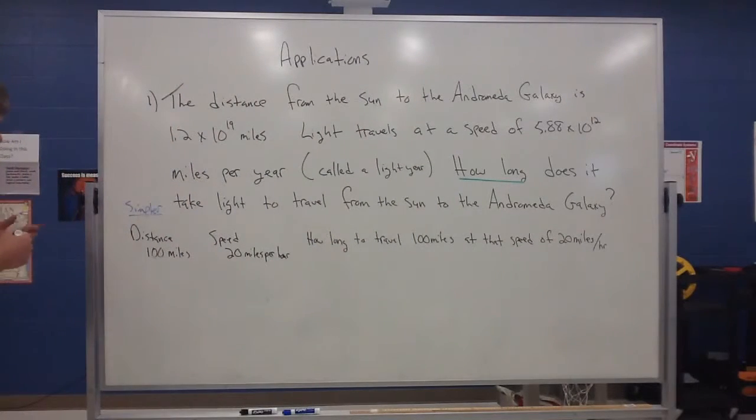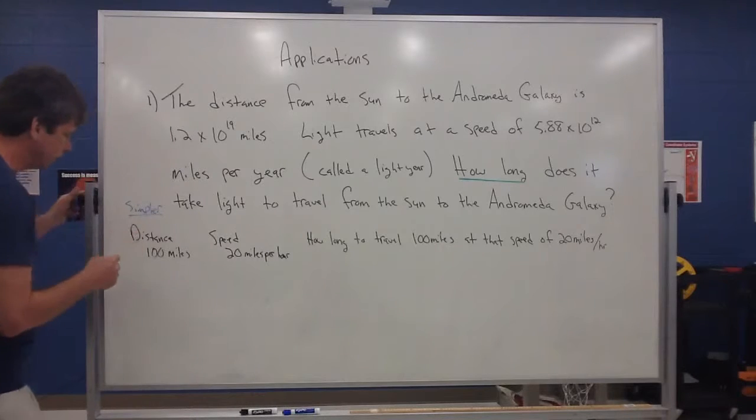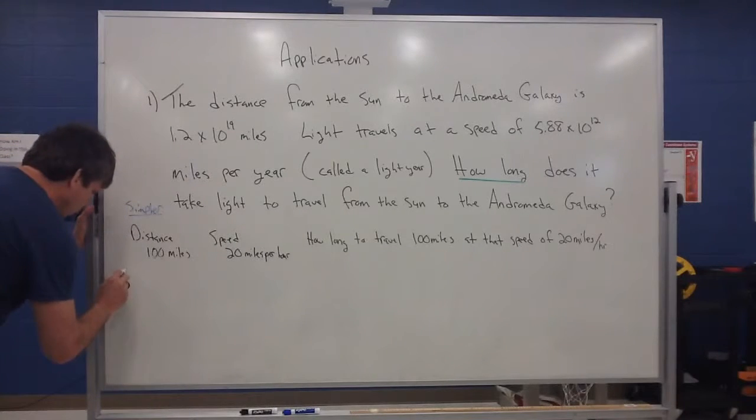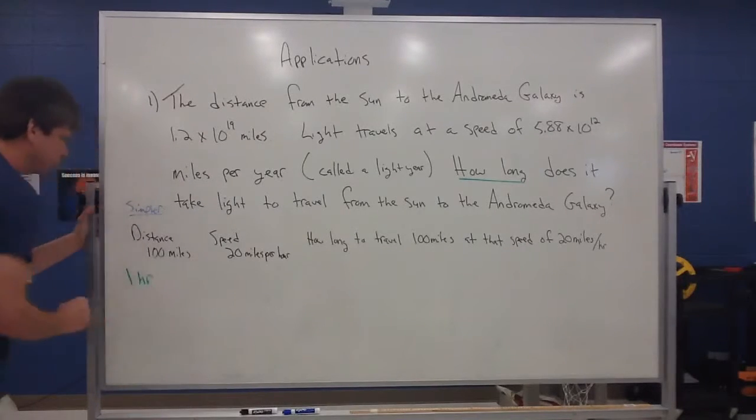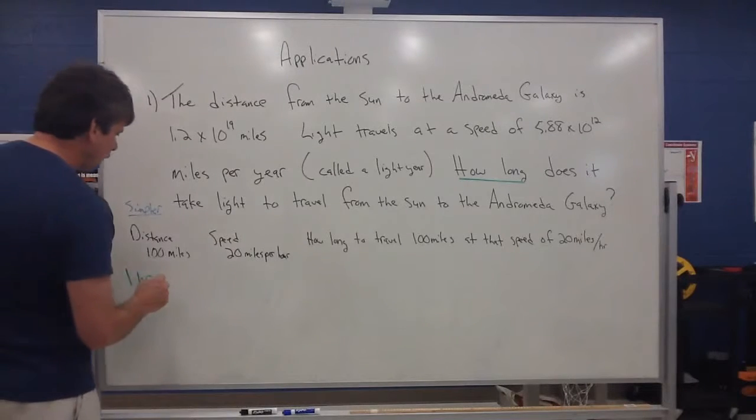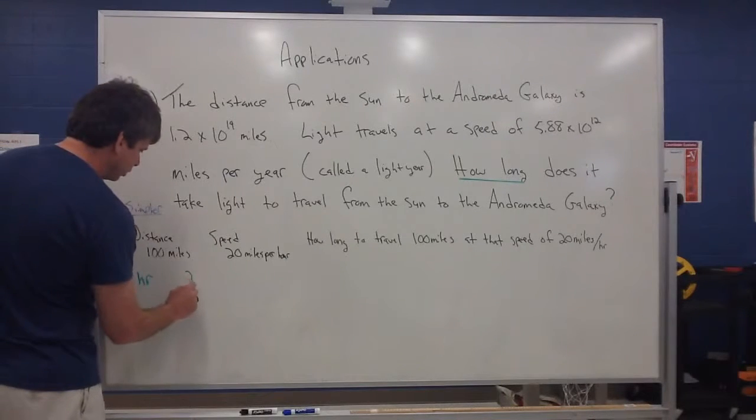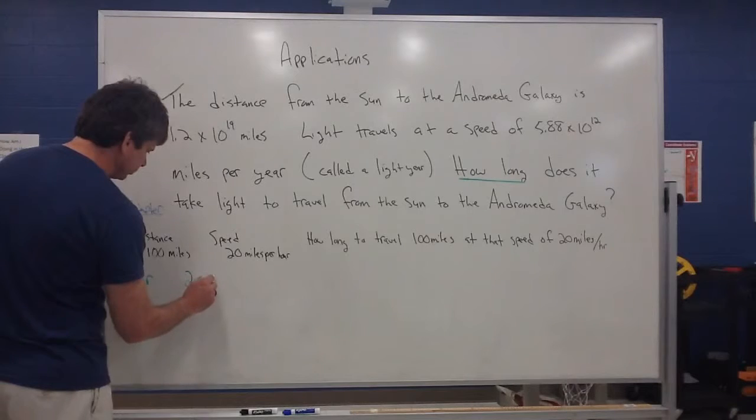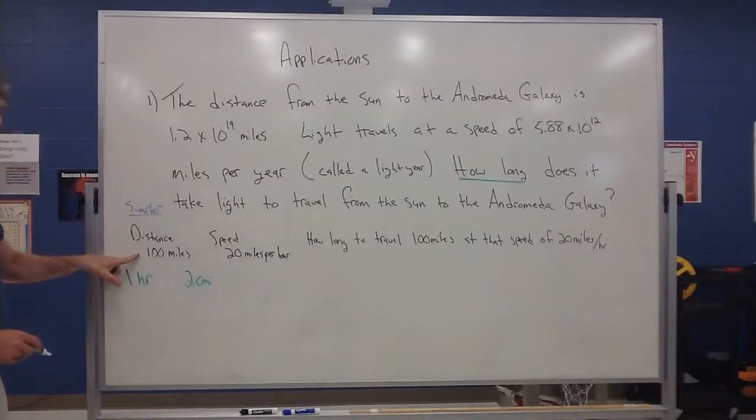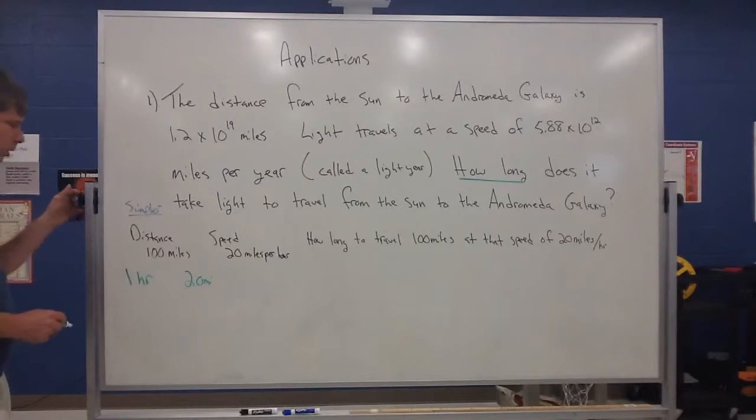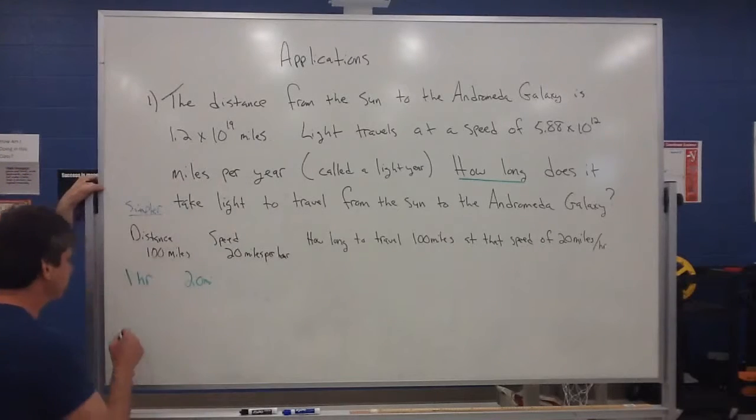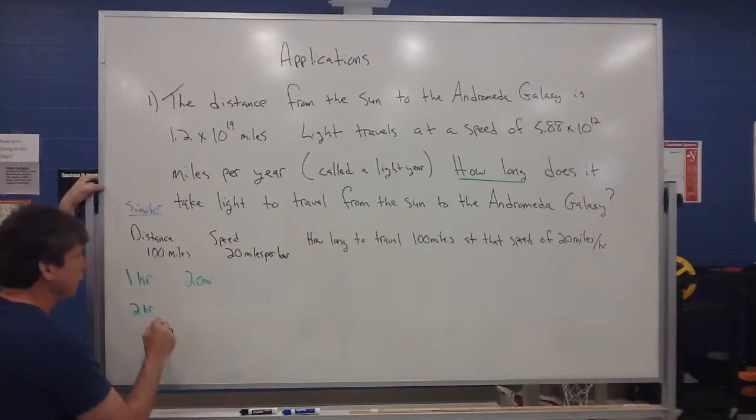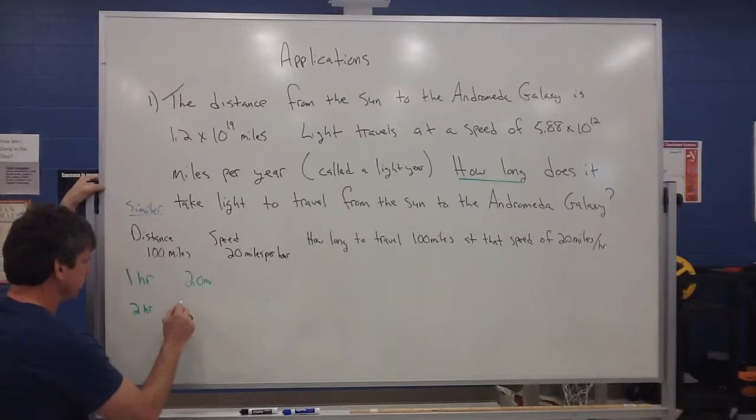Now for me, if I wasn't really sure how to do this problem, what I could do is start out with a table. Well, let's suppose I traveled 1 hour. I understand that in 1 hour I could go 20 miles. But my goal is to get to 100 miles. So if I travel 2 hours at 20 miles per hour,